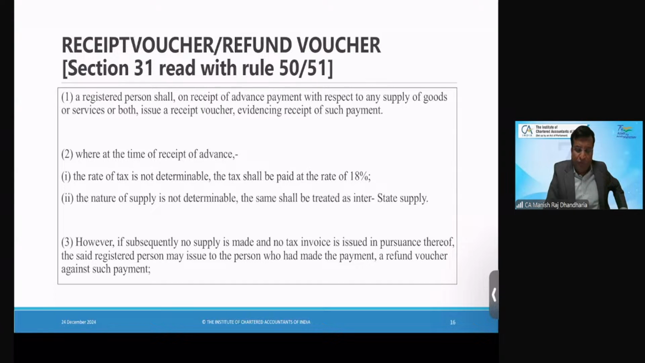ओके, सो व्हाट एम आई सेइंग? अगर टैक्स रेट नहीं पता एग्जैक्टली, देन वी हैव टू टेक 18%. और अगर नेचर ऑफ सप्लाई नहीं पता, वी विल अज्यूम इंटरस्टेट सप्लाई. ओके,